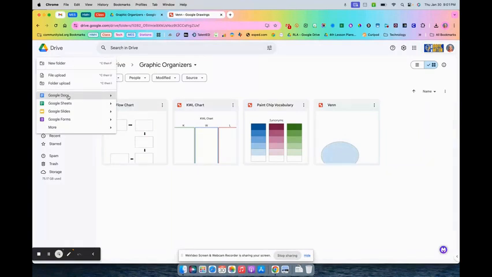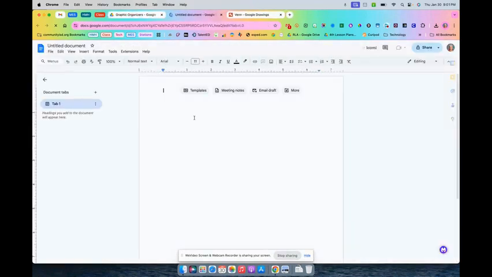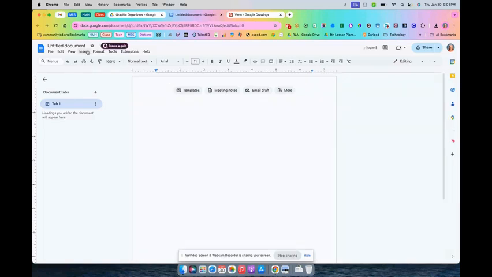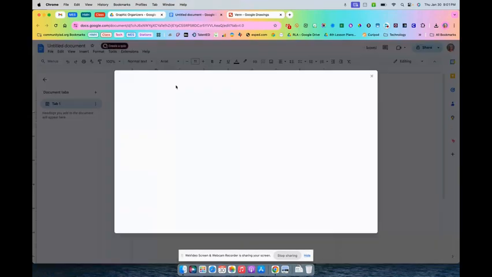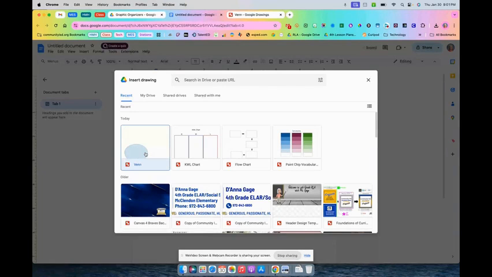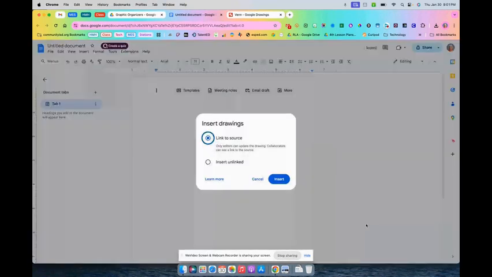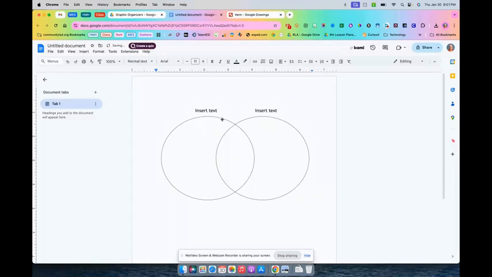So if you open a Google Doc, now you can create a drawing from here and insert and create your own new drawing from here, or you can go to Drive. You can choose one that you have saved in Google Drive and then insert it into the document. So you can also go in and link to source. If you link to source, that means any changes you make on the original document